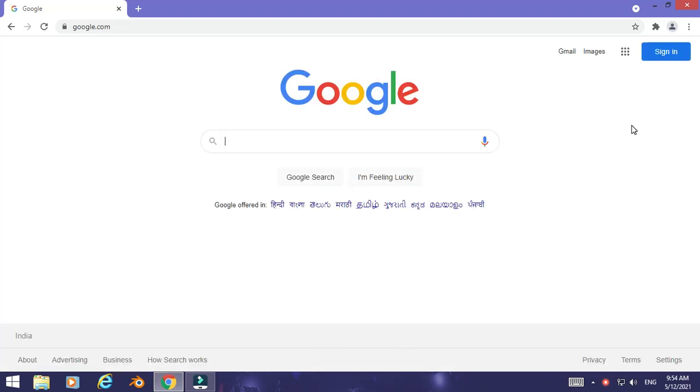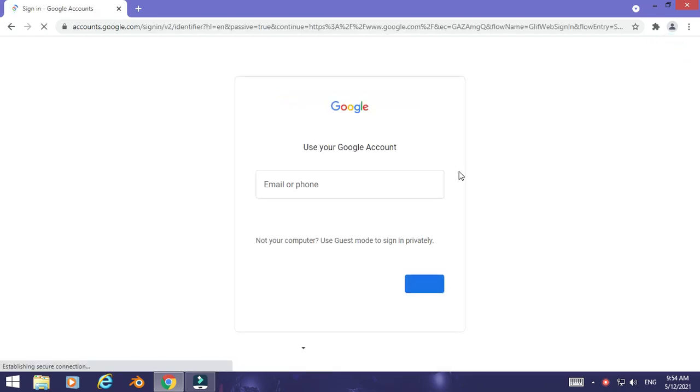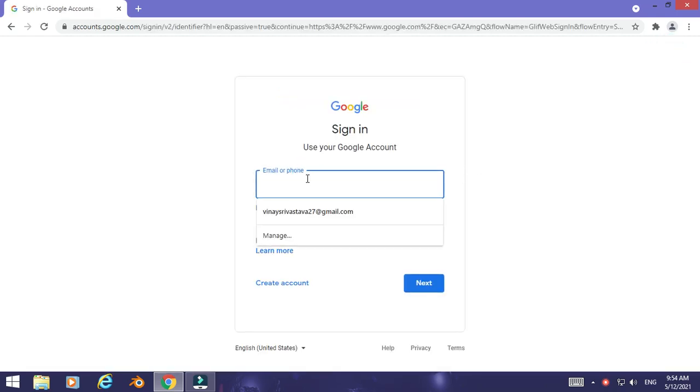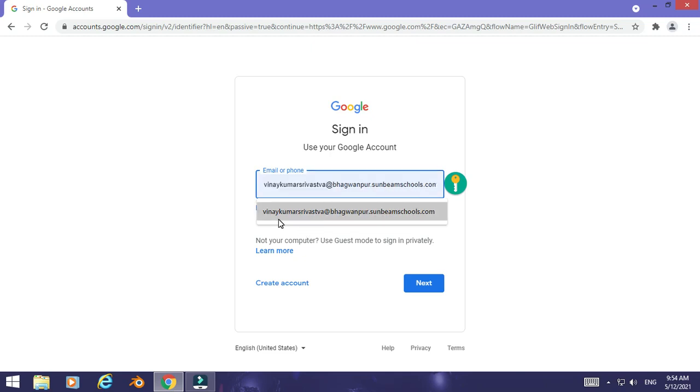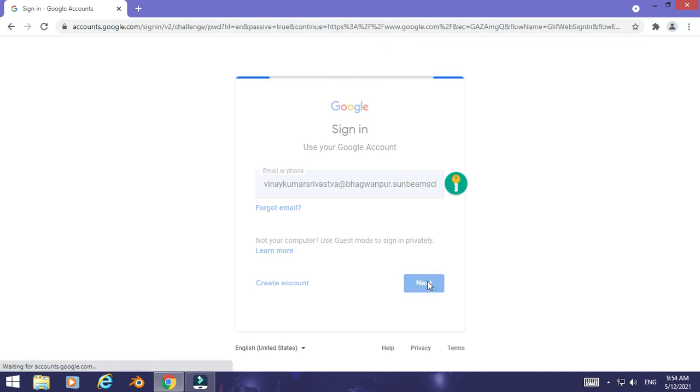and then we have to sign in with our G Suite ID which we have got from school. So I am signing in with my ID. You can see here my ID is there, Vinay Kumar Srivastava at bhagwanpur.sunbeamschools.com. Okay, so I clicked on it and then click on next to sign in.